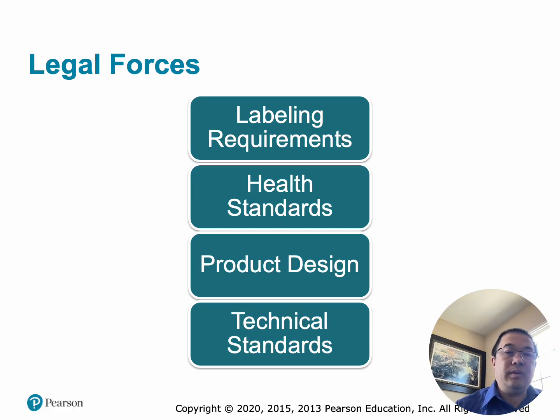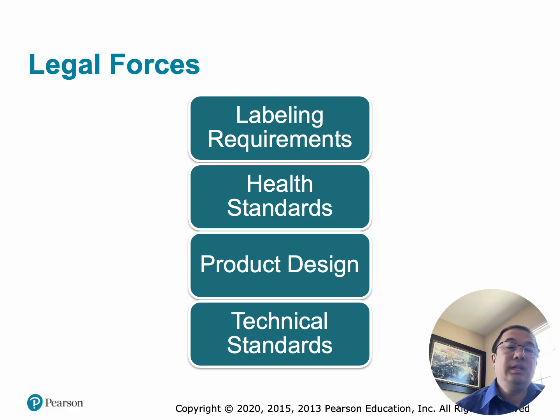Number one, labeling requirements. Countries often require specific information to appear on product labels. As an example, there's local language instructions, country of origin, ingredients list, nutritional information, safety warnings, and expiration dates. A food product sold in Mexico must have Spanish language labels, nutritional information, and health warnings if required by law. A product labeled only in English may not be legally sold.